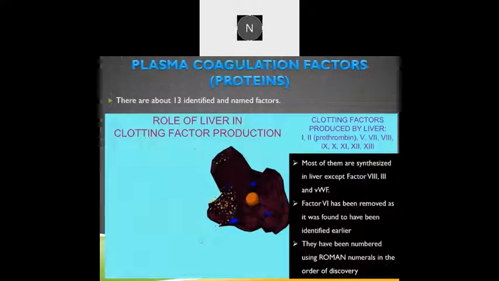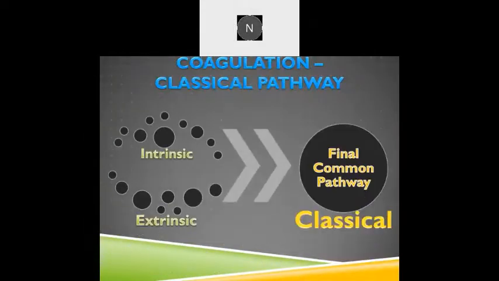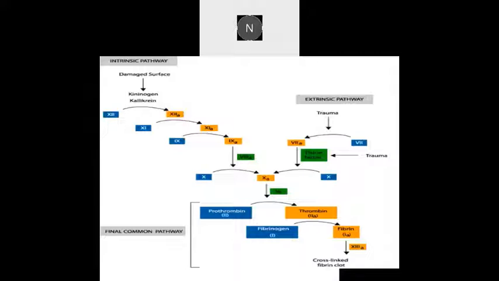So these are all the plasma coagulation factors. And coagulation, this is the classic pathway. Extrinsic pathway, intrinsic pathway, and final common pathway is called the classical pathway. So these are all the steps in the extrinsic pathway. First it initiates the whole thing, then it leads on to the intrinsic pathway, and ultimately that results in activation of